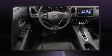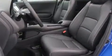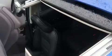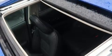For drivers who enjoy the natural environment, a power moonroof allows an infusion of fresh air. Audio features include an AM/FM radio, steering wheel mounted audio controls, and 6 speakers enhancing the audio experience throughout the